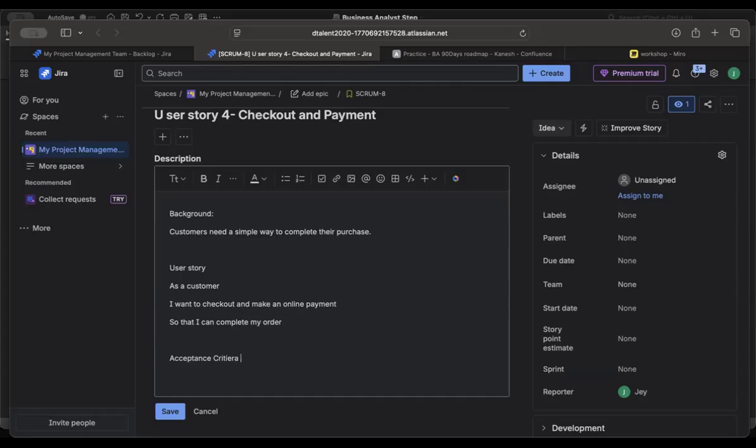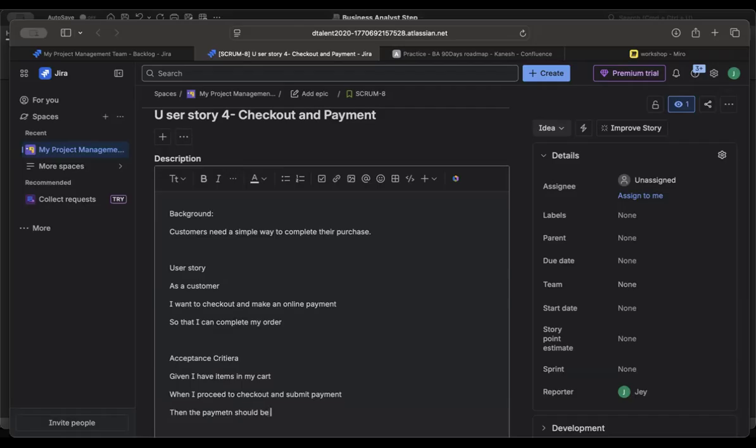The previous step is the given condition. So given I have items in my cart. Okay? That's the precondition. Then only you can go to checkout, right? So when I proceed, next time when you order something online, this is a day-to-day use case, right? So you can write this and submit payment. That's why I want to show you this one, so you'll understand. Then the payment